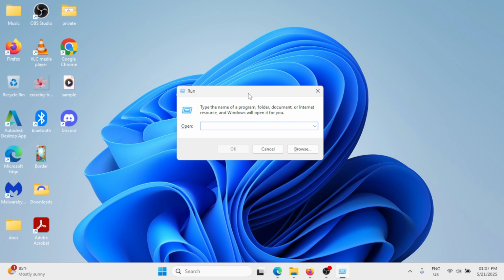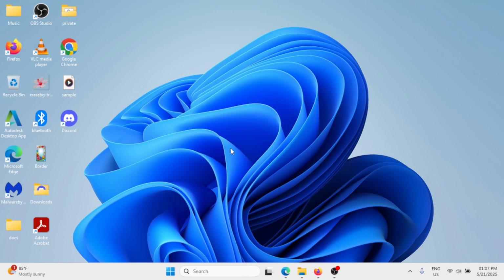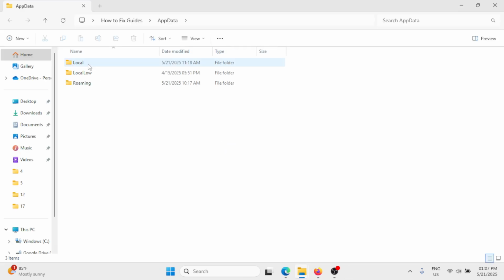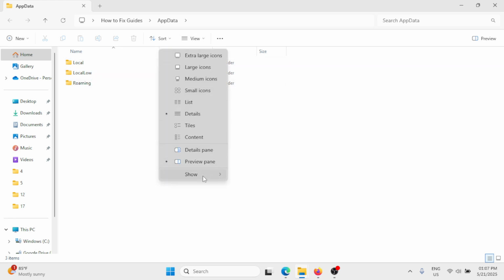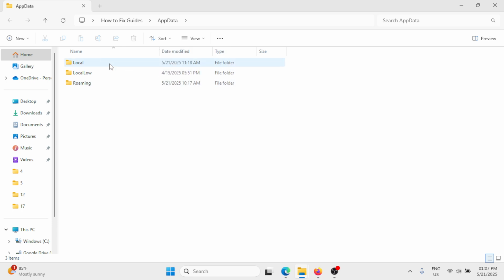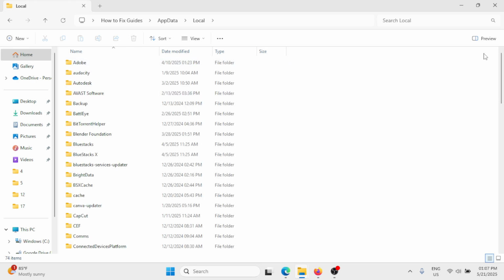And here you need to simply type AppData. It's AppData, and click on OK. And here you'll find these folders: Local, LocalLow, and Roaming. In case you cannot find this, click on View, then click on Show, and click on Hidden items. Okay. And then here you need to double click on the Local folder